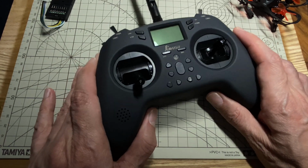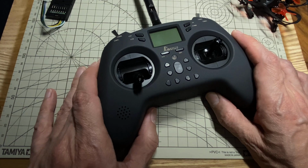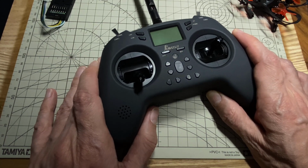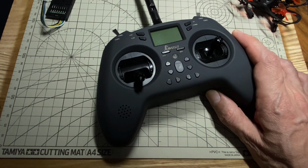One of them does just FrSky and Futaba, and I think Corona and eSky, maybe a couple of other obscure protocols. And then there's another one that has a 4-in-1 module, and that does FrSky, FlySky, Spectrum, and pretty much anything you'd want. So if you want to fly a bunch of different protocols like that, definitely get the 4-in-1